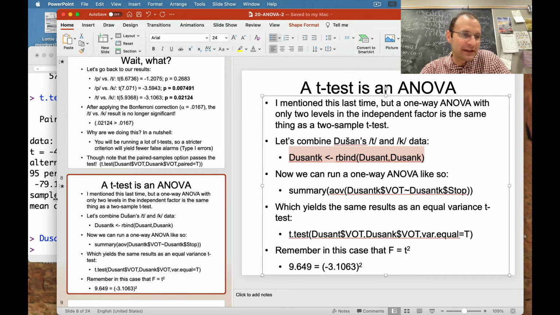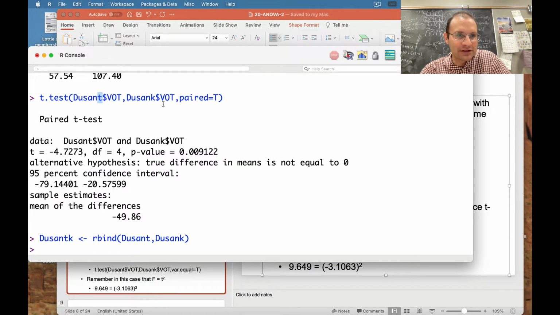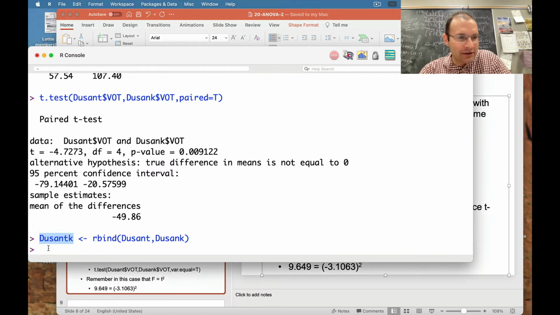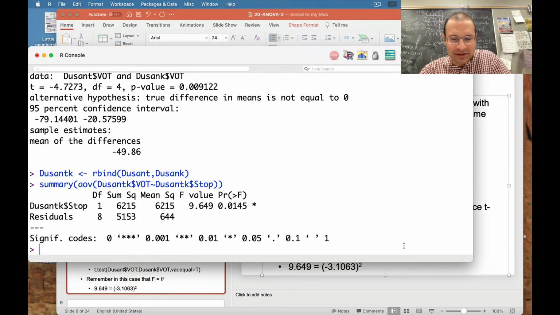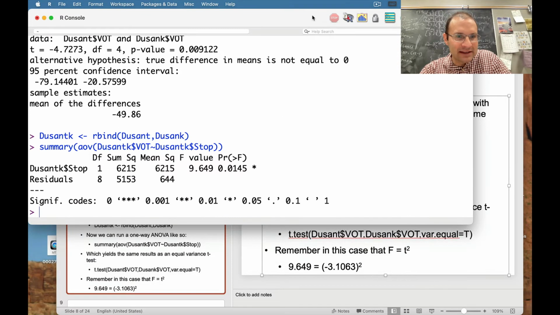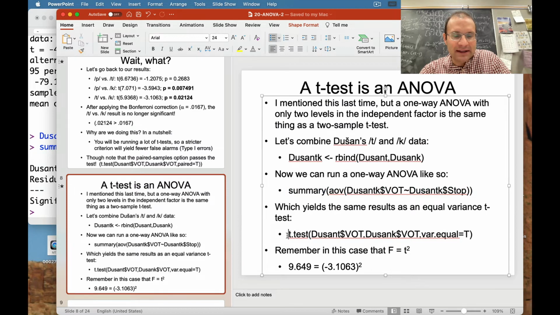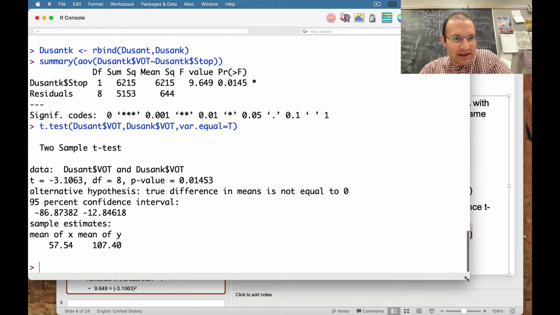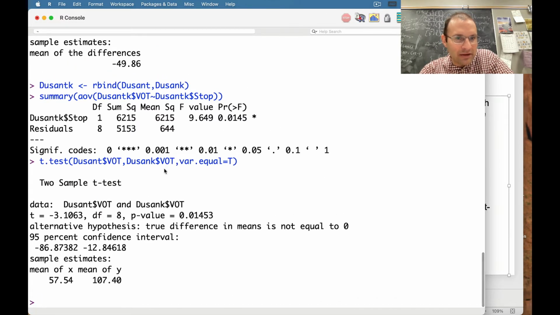Well, I've already run the t-test comparing the T versus the K, but now that they're combined into Duchamp TK, I can run a one-way ANOVA, and it should tell me the exact same results as a t-test on that data. But the t-test that I have to run is a variance equal t-test, because variances being equal is one of the assumptions of a one-way ANOVA. So if I look at this,